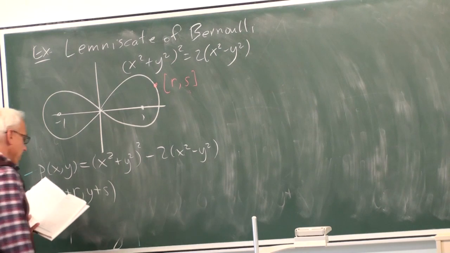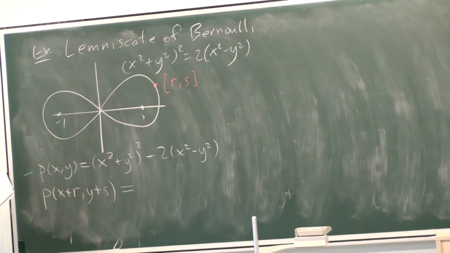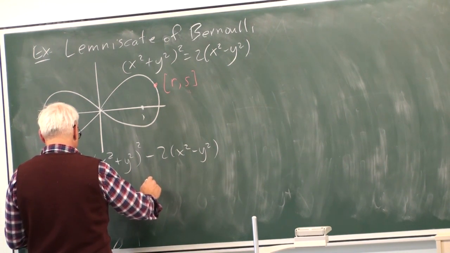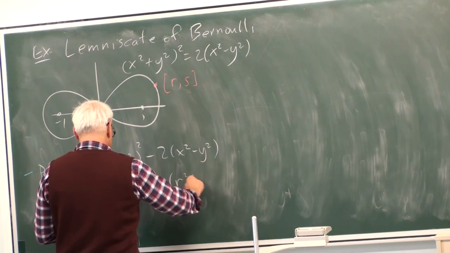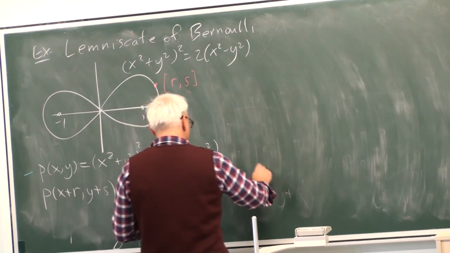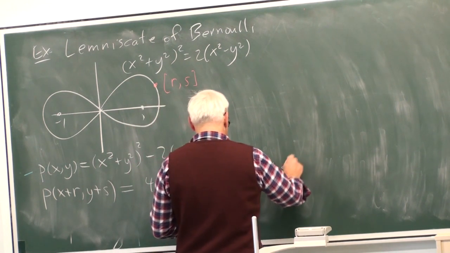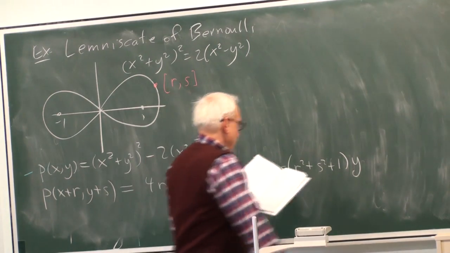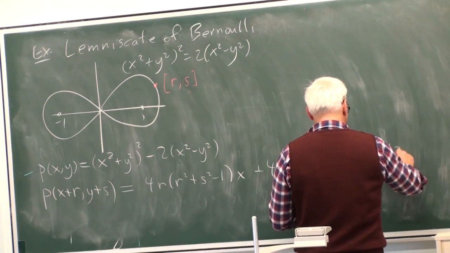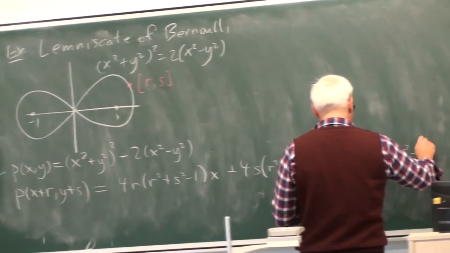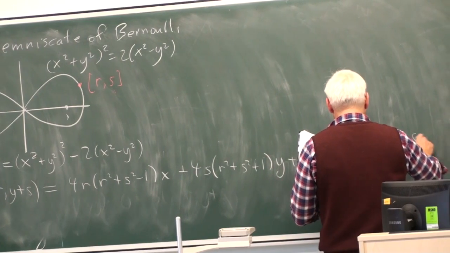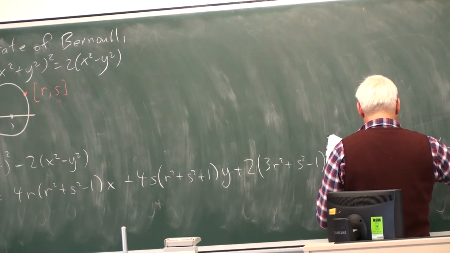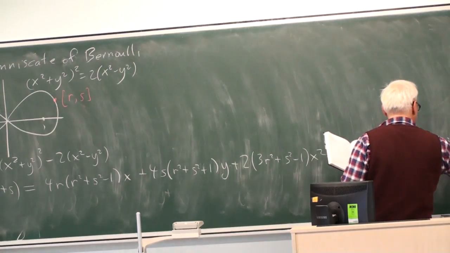Okay, I'm going to write down what we get when we do that. So the terms will be 4r(r squared plus s squared minus 1) times x plus 4s(r squared plus s squared plus 1) times y, plus 2 times (3r squared plus s squared minus 1) times x squared plus 8rs times xy plus 2 times (r squared plus 3s squared plus 1) times y squared